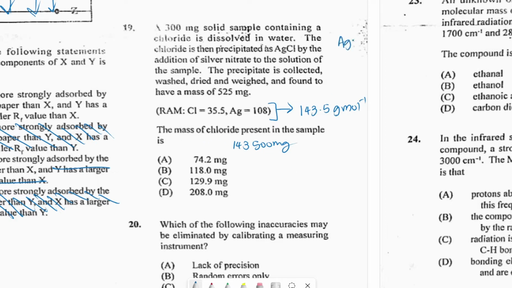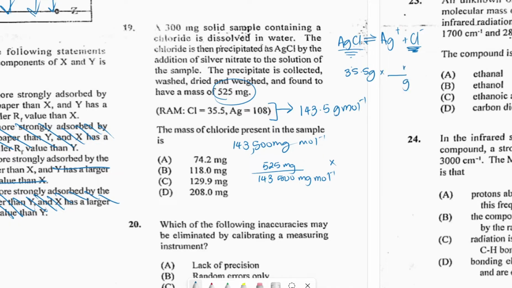Remember I told you if silver chloride were to be dissolved in water, you get Ag plus and Cl minus. So whatever mass of AgCl we have, which is 525 milligrams, we need to convert that to moles by dividing by the molar mass. In this case it would be 525 milligrams divided by 143,500 milligrams per mole. Now you'll multiply that by the molecular mass of the chloride ion, which is 35.5 grams,